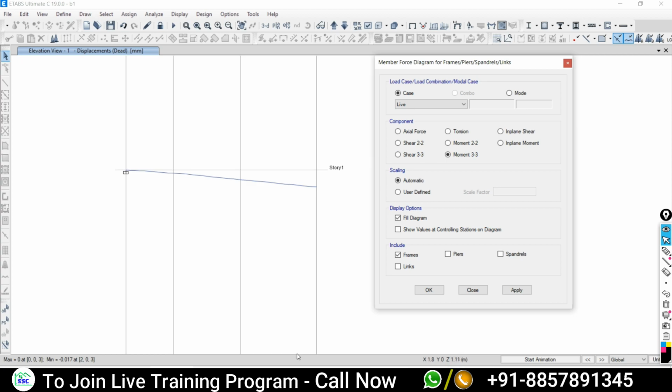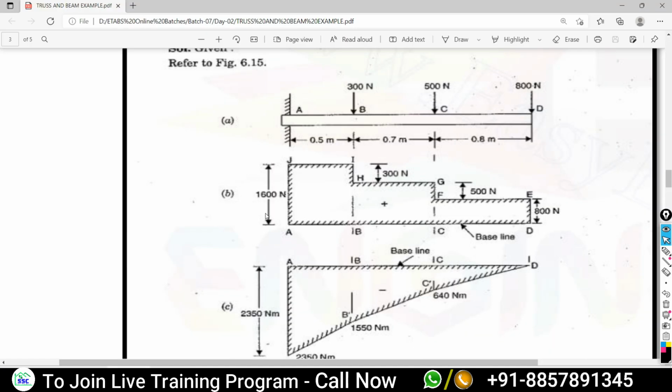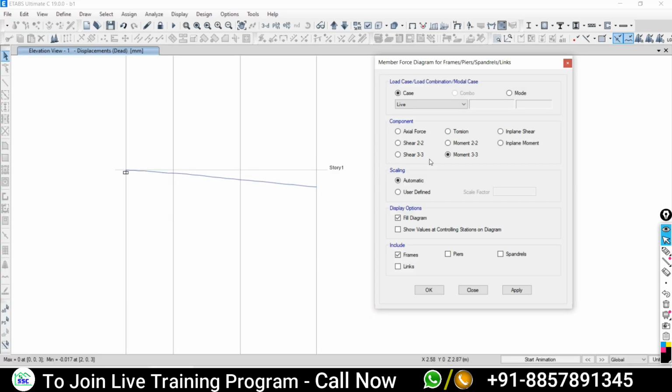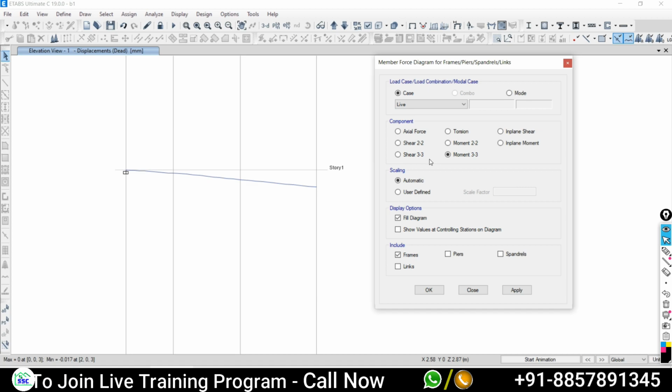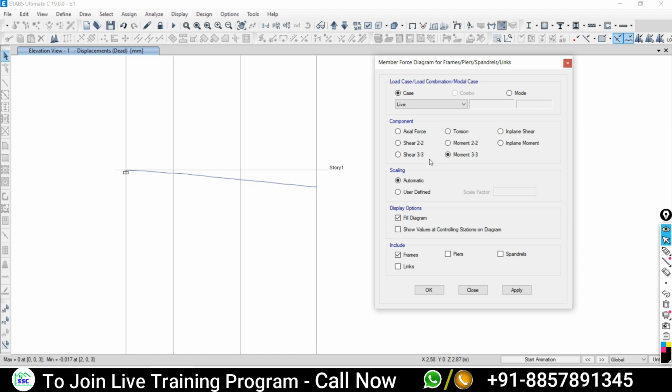We need to look at the shear first. Let me show you. Shear diagram first. So tell me which axis I need to check. Shear 2. Major axis for shear, always remember it will be 2-2.